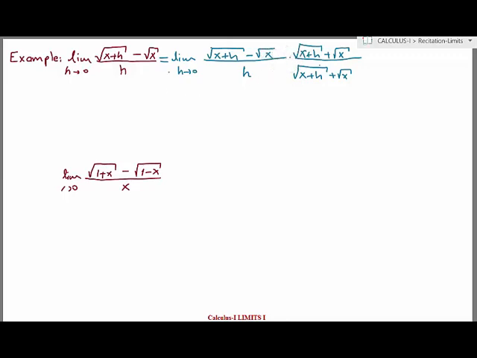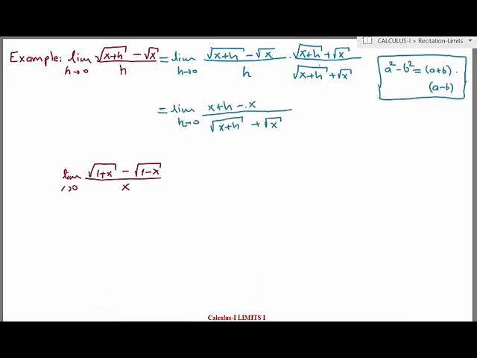In the next step, I want to simplify the expression by the formula of differences of squares, which is a square minus b square is a plus b times a minus b. We have square of this expression, which is x plus h, minus square of second expression, which is x, over denominator. I have h in denominator of the fraction. Let's cancel this h, and you also can cancel this. After canceling x, we cancel h, and we finally have